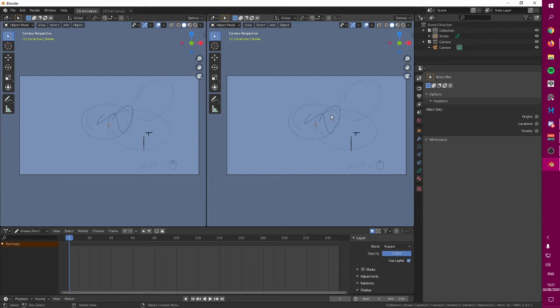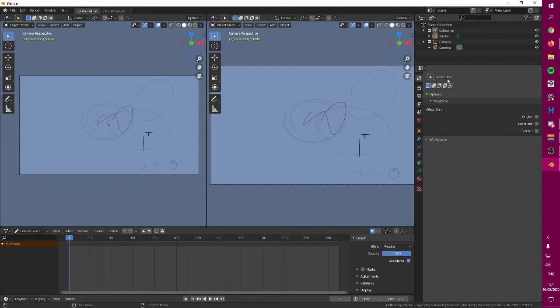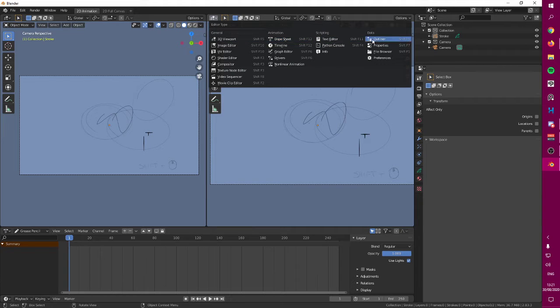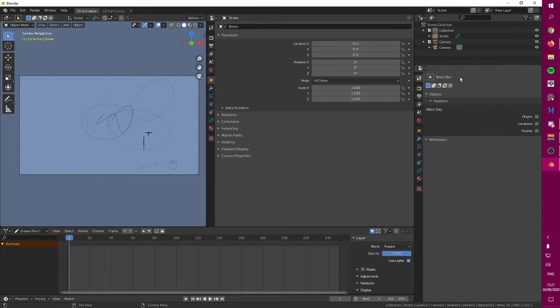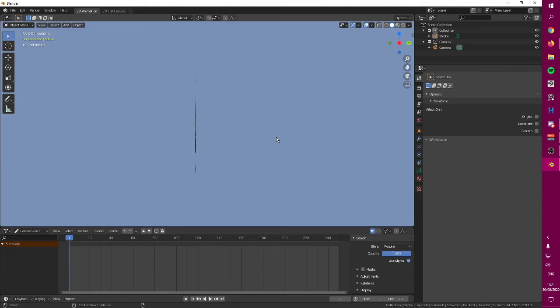Right now, to see your drawings, you have to be on the 3D viewport mode. But if you want to bring one of these, like the properties settings, you can just go in here, this one, and it's going to bring me one of these. If you want to get rid of one of these panels, click in the same corner and drag it to the right in this case, and that's going to disable it. That's going to take it away. So yeah, okay.